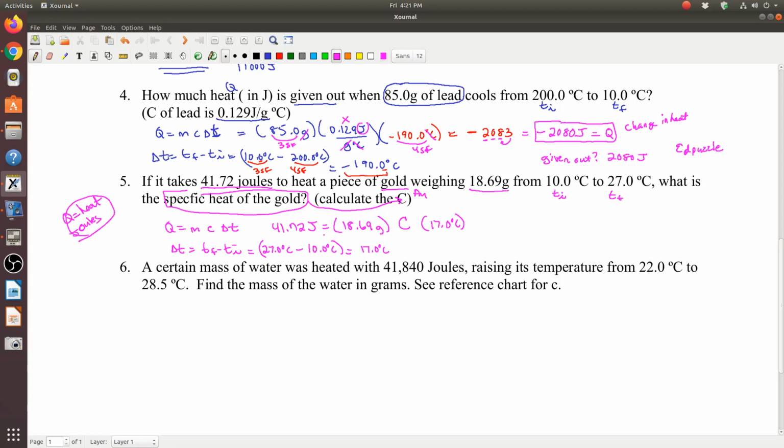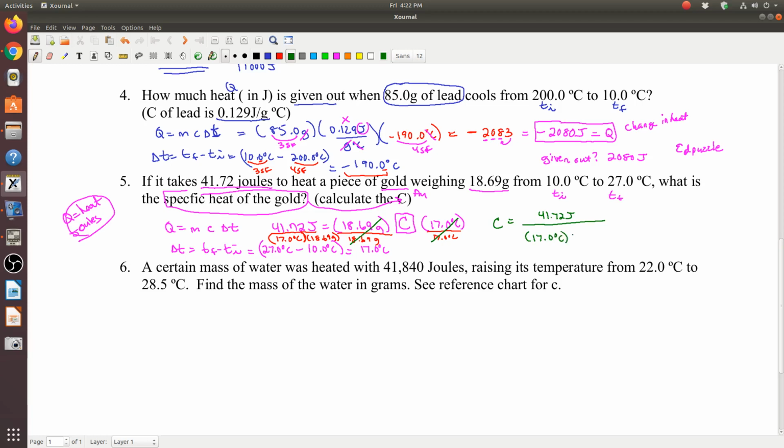So how do I solve for C? This is my question, and I need to isolate the C. Okay, so I'm going to divide by 17 degrees Celsius on both sides, and I'm going to divide by 18.69 grams on both sides. I know it's kind of cramped. All right. This will completely cancel. That will completely cancel. So C is going to be equal to 41.72 joules divided by